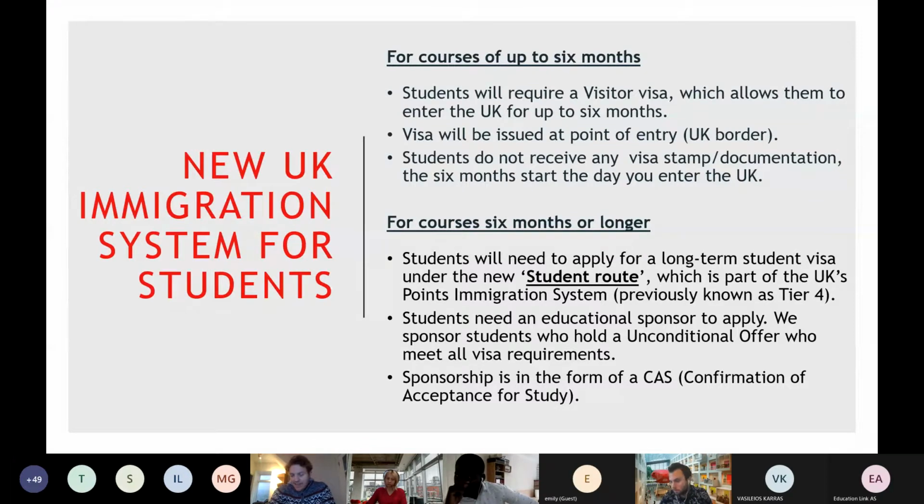You would enter the UK at a UK border, for example, in airports via an e-gate. For anybody that doesn't know what an e-gate is, it's one of the electronic machines that you enter at an airport where you put your passport up against the scanner. It scans the passport, it will scan your biometrics, such as your face, and if they match, it will allow you to enter. Once you've entered, you will be able to remain in the UK for up to 6 months,